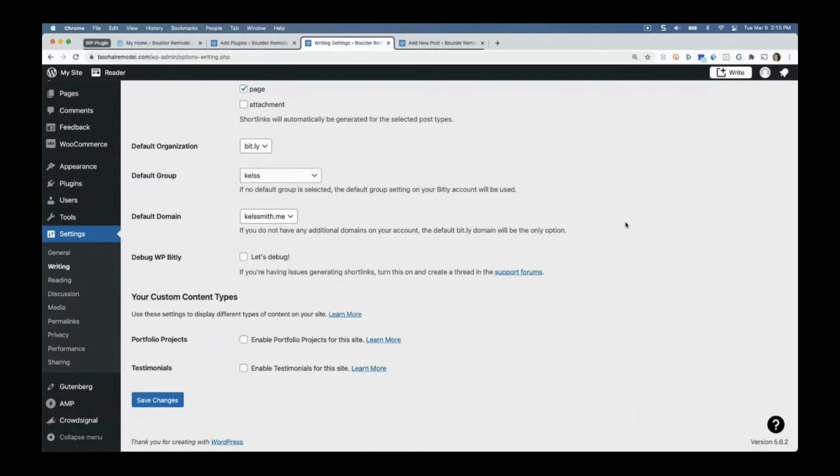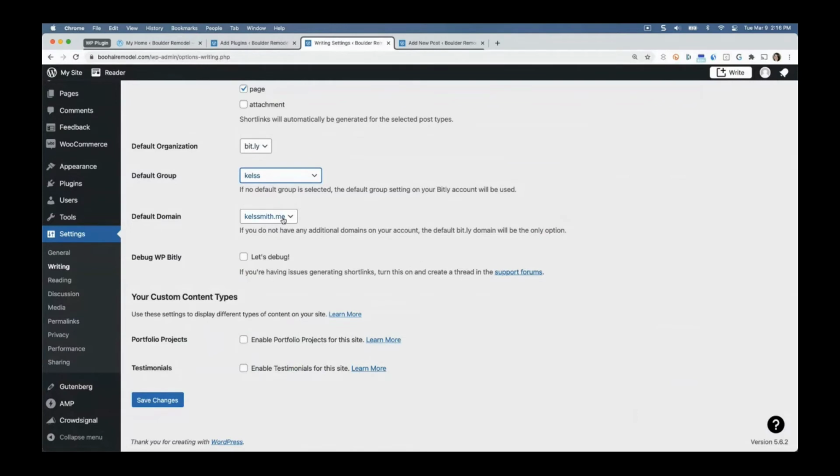Inside of that authorization. So once you're connected, you have some additional configuration that you can do inside of the plugin itself. So here, of course, we can set a default organization. Now the important part here is for our enterprise or developer users, you can actually set a default group for your WordPress plugin specifically. If you're using groups, you have a group structure inside of your Bitly account, it's going to be mirrored here in the WordPress once you've authenticated, and it allows you to select which group you want to have all the links that you're making inside of your WordPress plugin go into a specific place in your